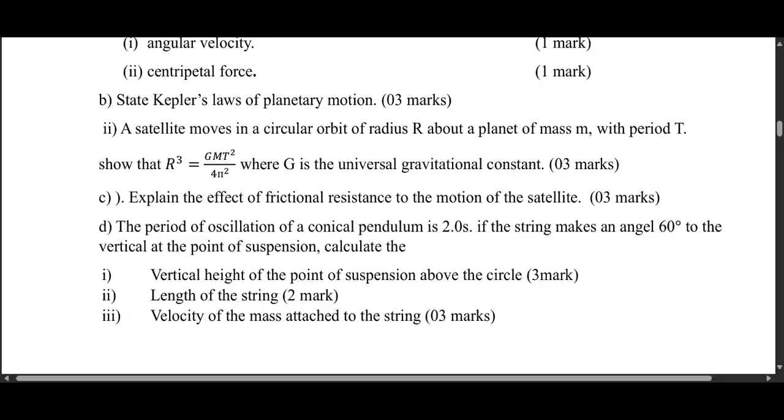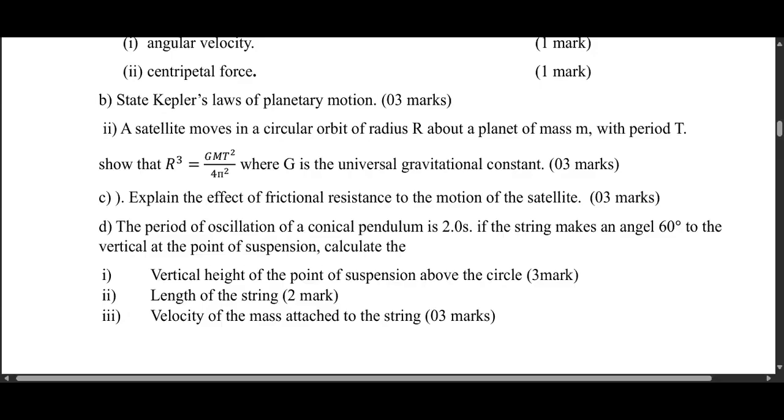And when there is a reduction in total energy, what happens? The satellite will go into a lower orbit. And by going into a lower orbit, what does it mean? The kinetic energy of this body is going to increase. And the satellite is going to start moving at a very high velocity. And by moving at high velocity, this is going to lead to an increase in the temperature of the satellite. And eventually, this satellite is going to end up burning up in the Earth's